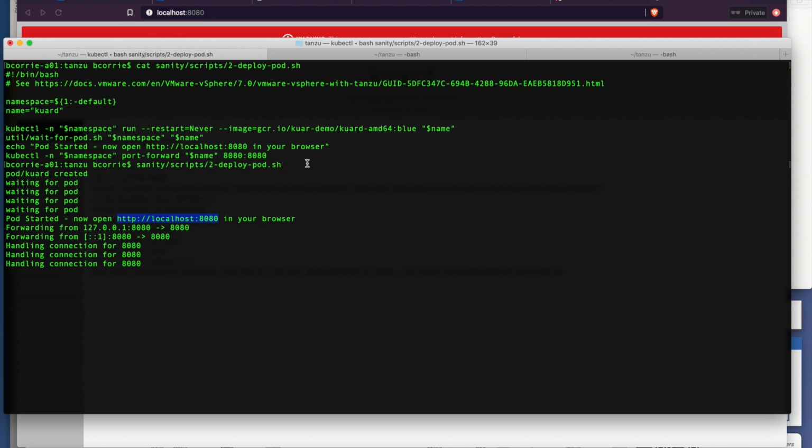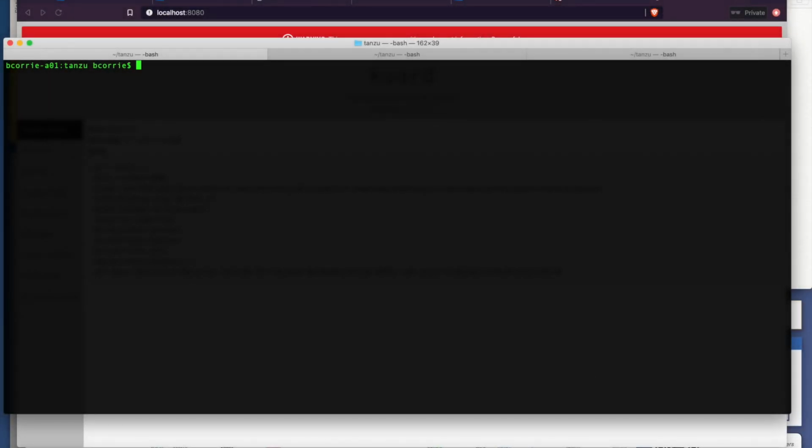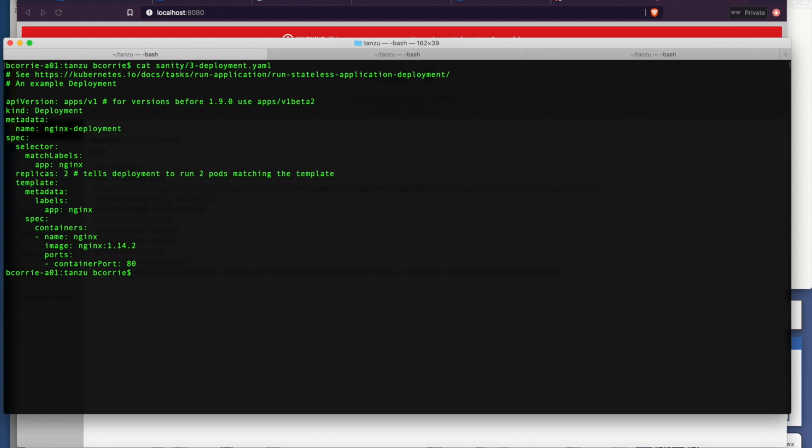So let's now move on to the third test. The next test is a variation on the previous test in that we're still going to create pods. However, we're going to do it in a slightly different way. In this particular example, we're going to create a deployment. Now, a deployment is a means of indirectly creating pods by delegating the responsibility for pod creation to a thing